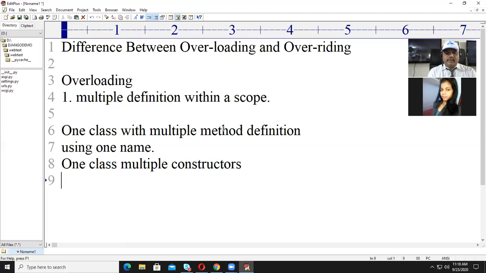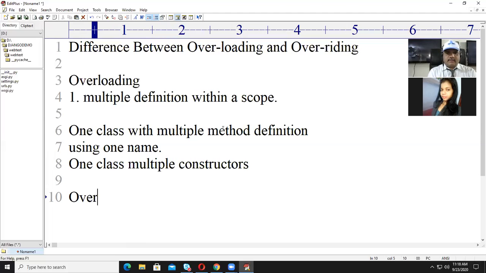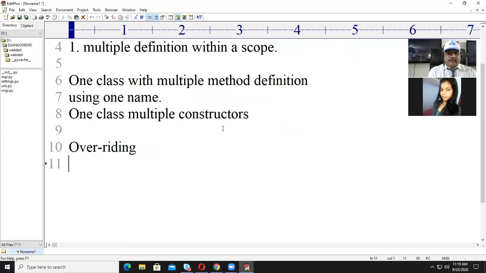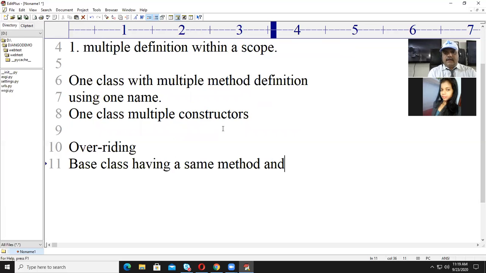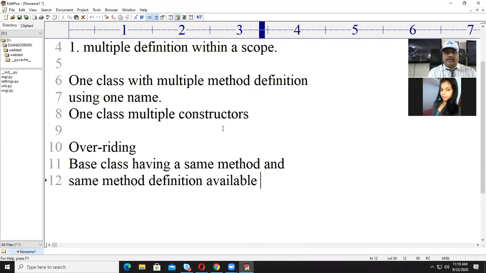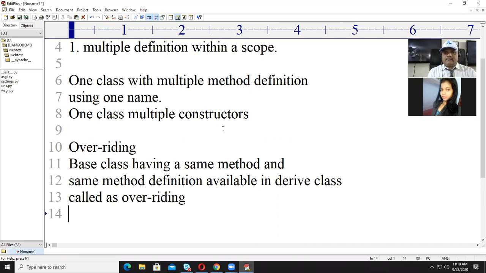But what do you mean by overriding then? Overriding means in case of inheritance, a base class having a method, and the same method definition available in the derived class, called overriding.